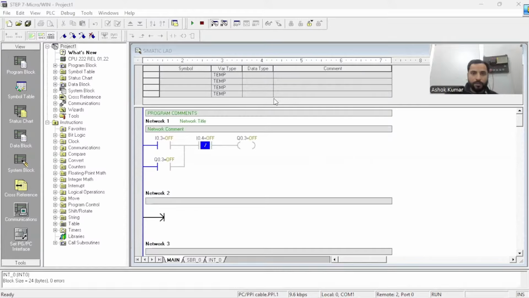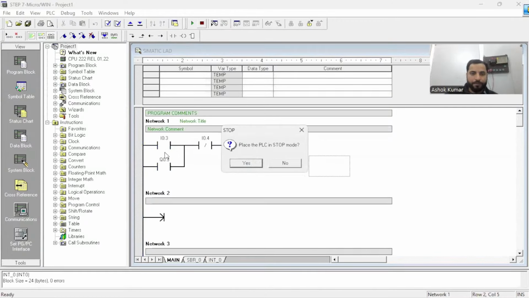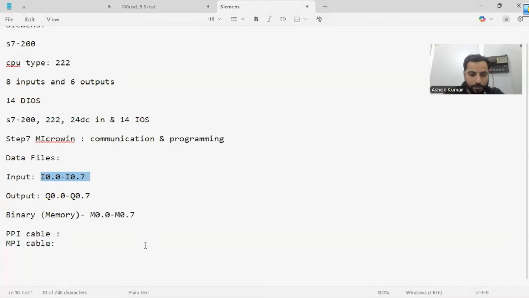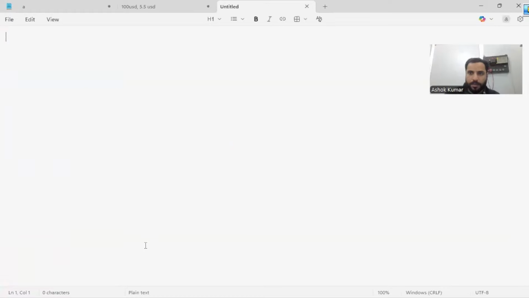Okay. Now come back to screen, and again let's do something else. So now we are going for the next one, that is timers, as I said. I'm just changing it to memory now, binary, to make timers. M0.0. Now we need to understand a bit of theory. So let's come to this screen, clear it and